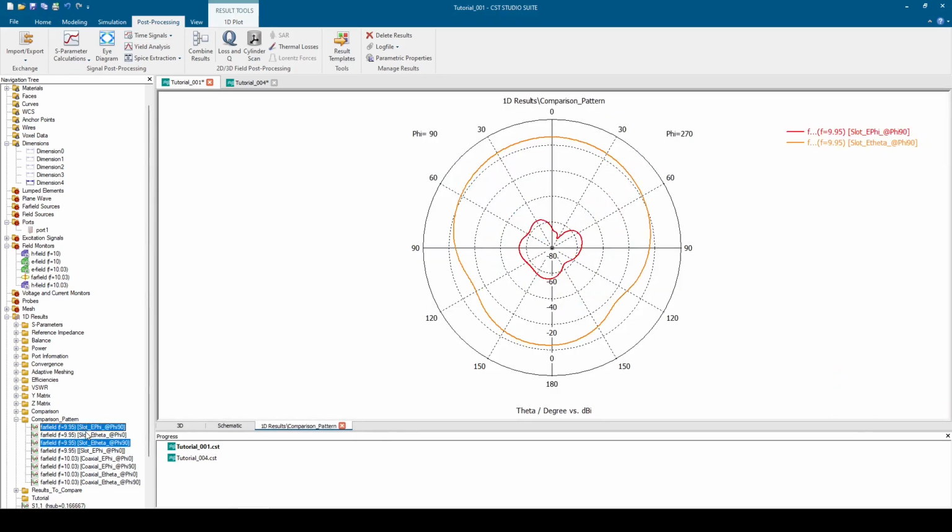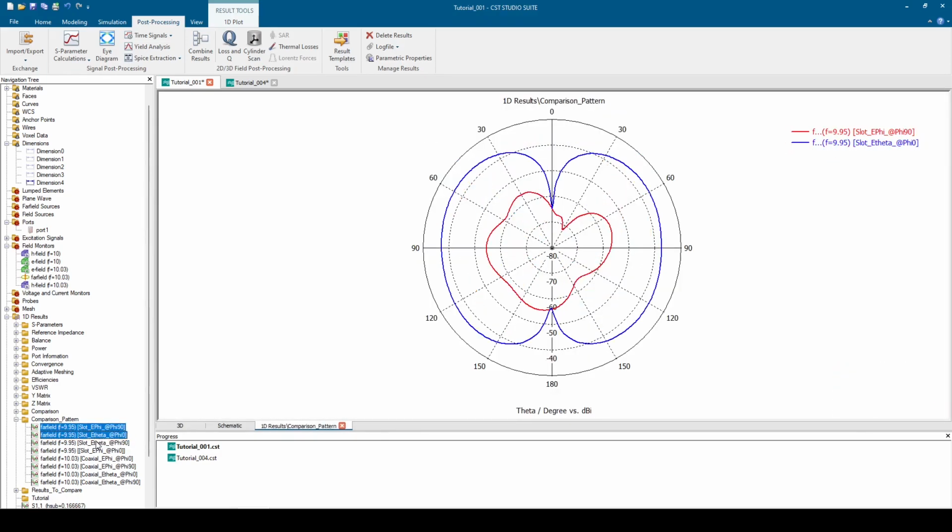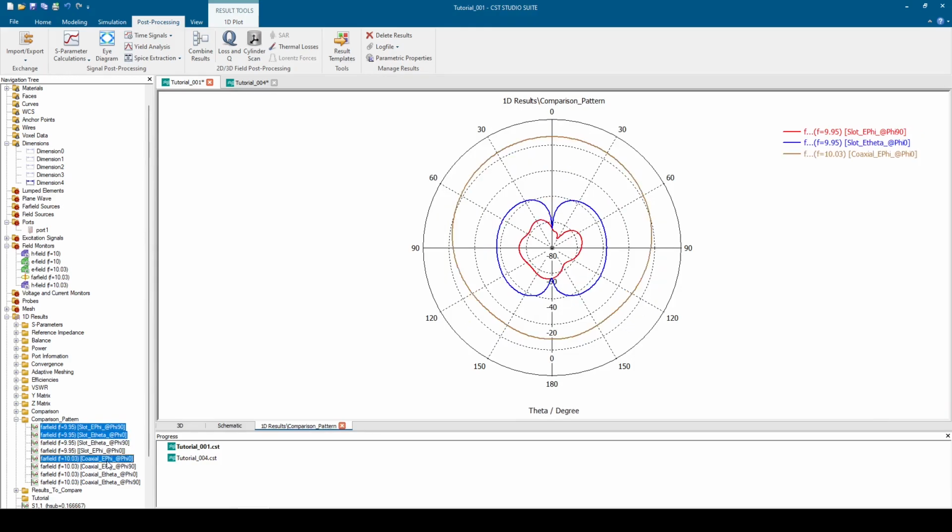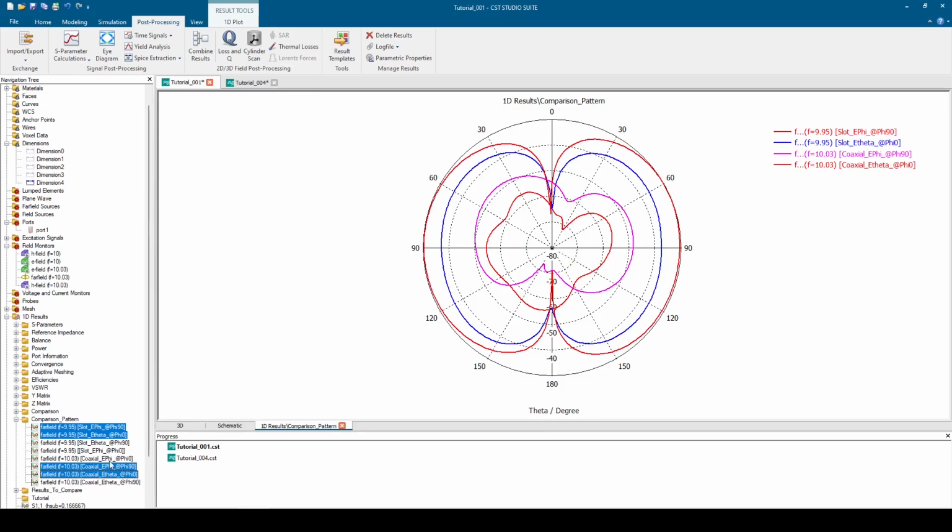Let's see about the cross components. So the first thing is that you can see that for coaxial, phi 0, slot phi 0, the slot has lower cross coupling, and for the other plane as well, this is coaxial, this is slot. So the slot, usually the slot feeding has less cross polarization between the components, and the reason is